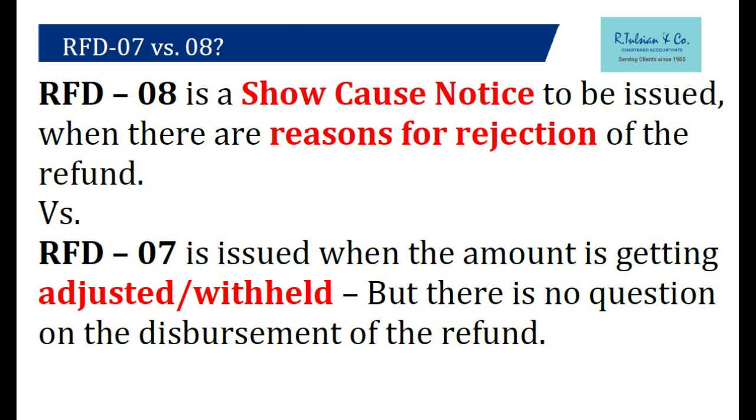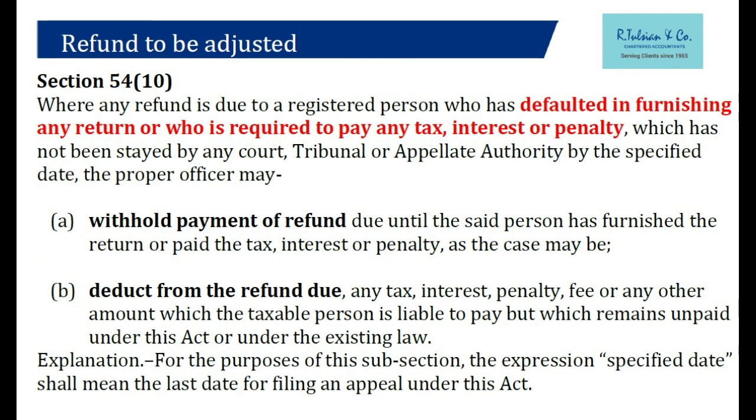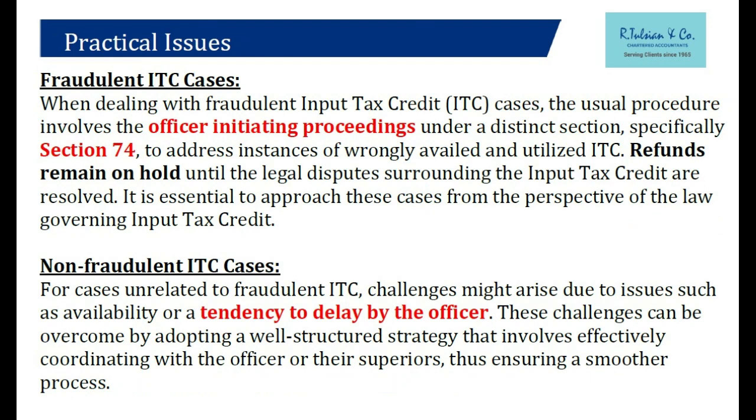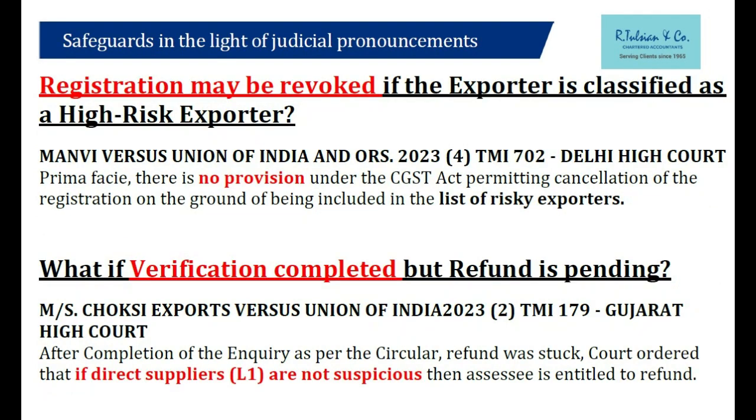Sir, refund है. Can that be adjusted? Yes, it can be adjusted. Law says, Section 54, subsection 10. You have not filed any GSTR 3B. Your refund has been transferred. You are a risky exporter. They are not paying your refund for 2 years, it is pending. You have not filed GSTR 3B for 1 month, they will settle. Do best judgment assessment, they will settle. Or any order is pending, they will appropriate the refund amount, right? So these are the particular laws which I mentioned.